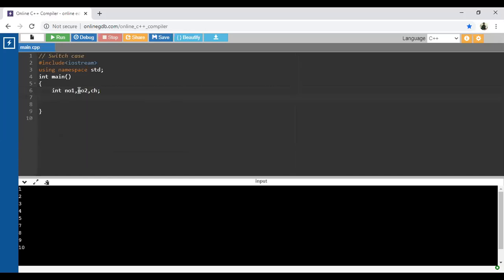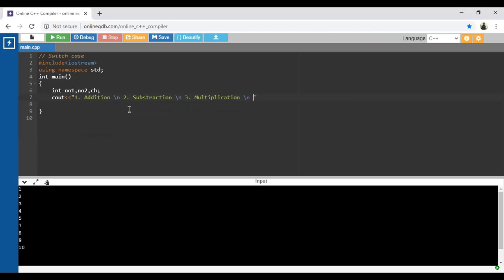Okay, so next, first display the message. Before that, just mention the operations. 1 is for addition. Then second one is subtraction. Then third one is multiplication.